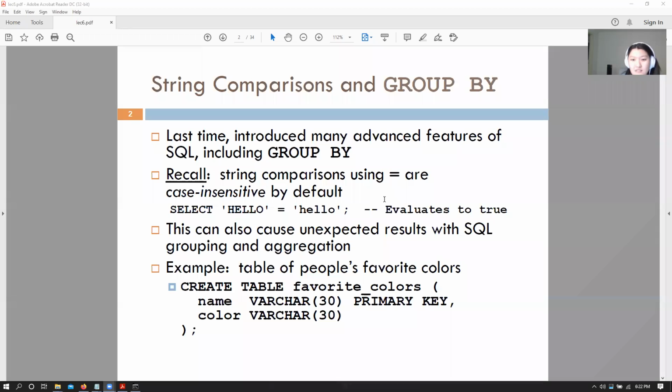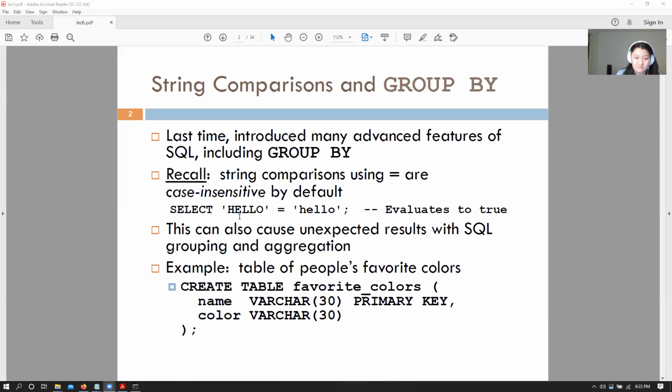Okay, so last time we talked about some advanced features of SQL queries. We talked about the from clause, where clause, and all of those things. We also talked about group by, order by, and basically aggregate and grouping operations and things like that. One thing that you need to remember in SQL is that in general, unless you set up your database otherwise,